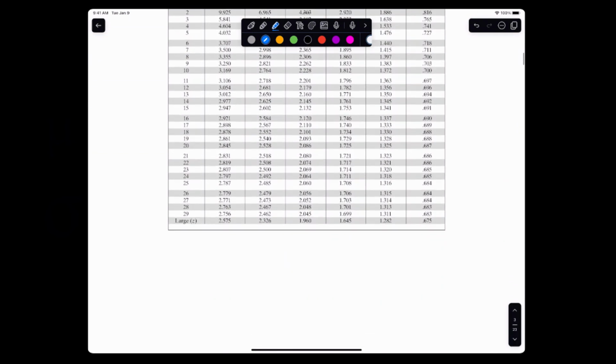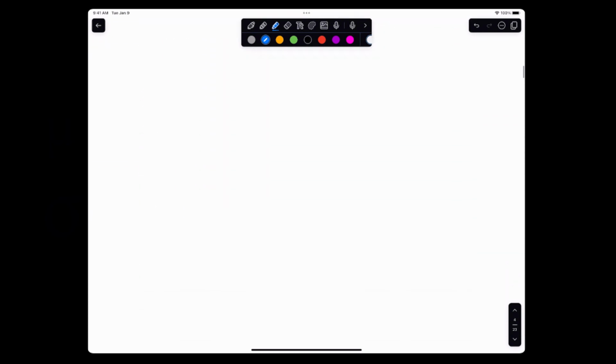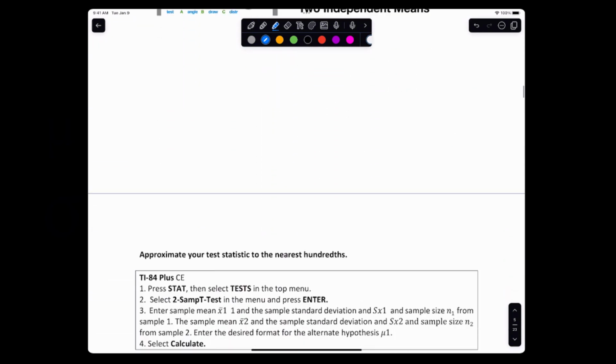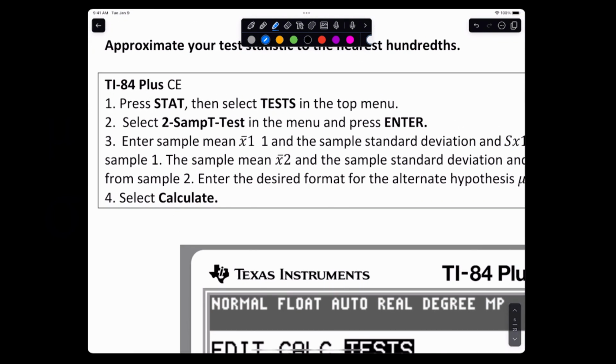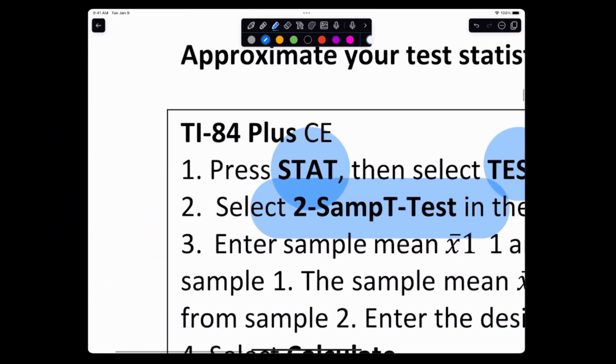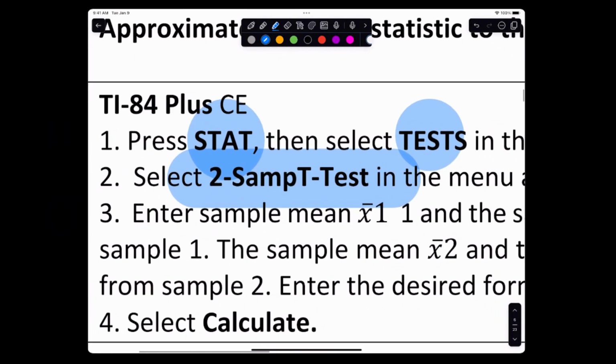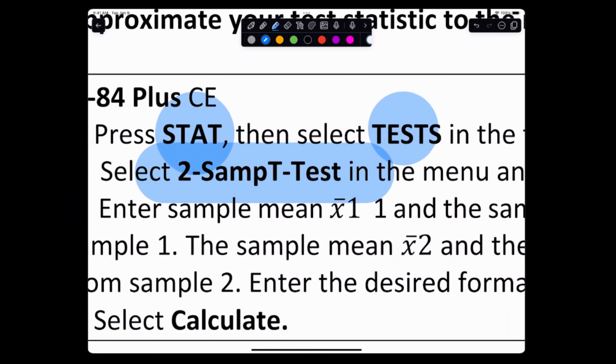However, we're going to be using the modern method. You say, what's the modern method going to be? We're not going to use that. What we're going to use is Stat, Test, 2-sample t-test. On your test, I'll give you the summary sheet, and that's going to be the TI command you guys use. It's a 2-sample t-test now. But we're now comparing means now, ladies and gentlemen. So this is where, if we compare two means,